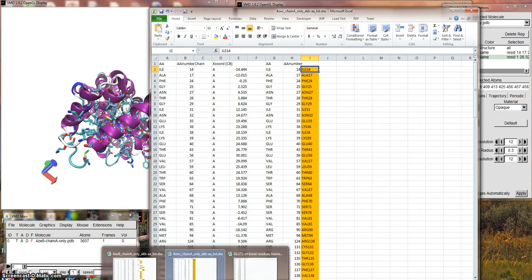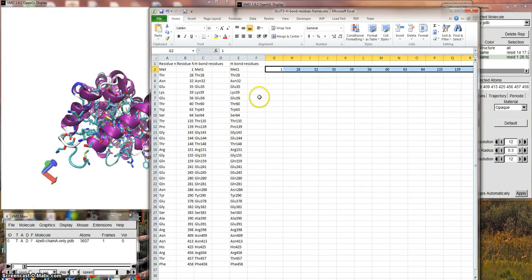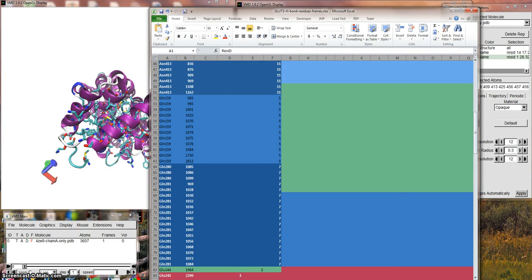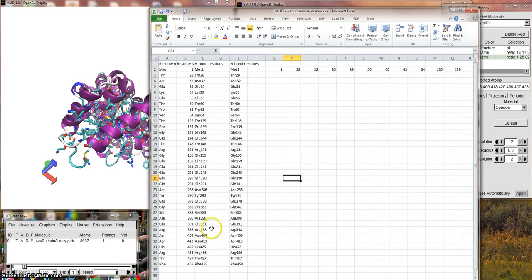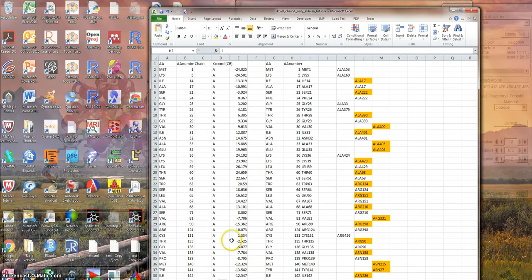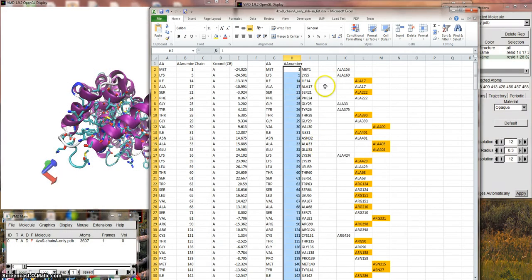Then in the study for the hydrogen bonds, concatenate. There it is. I put them together, sorted them to find out how many of the total list that are lining the pore